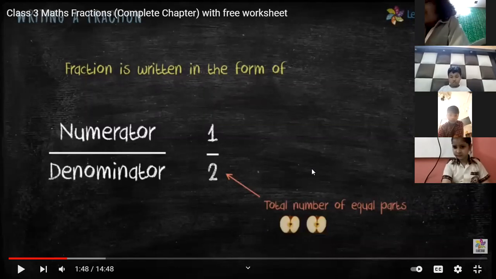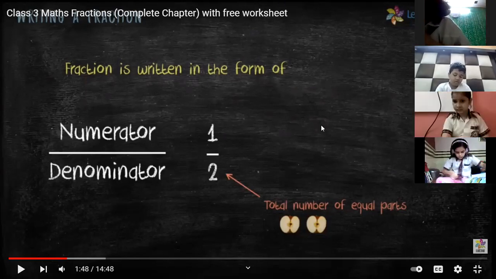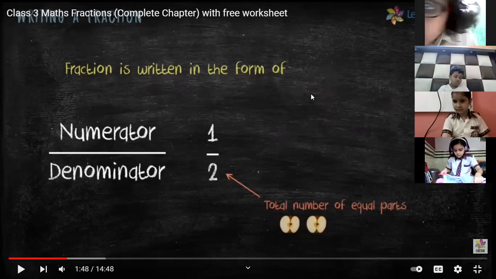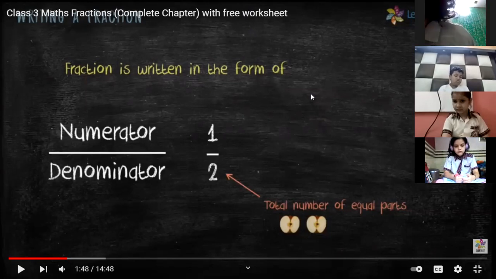So Vidisha, this time can you tell me how many parts you are going to get? What fraction are you going to get? Fraction is 5. Fraction is not 5. Your numerator is 5. Vidisha, speak loudly. Answer is 8. Beta, 8 is the denominator part. So can you tell me what is the numerator part?